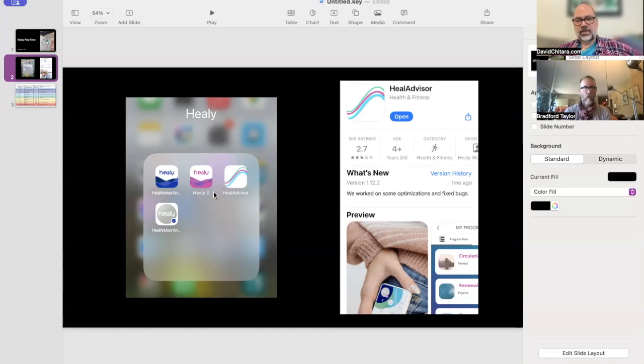So these are the Healy apps that I have. There are two blue apps. This one is the older version of the blue app, and this is the newer version. I think it's the Heal Advisor Analyze 2 is the name of this one. And then this is the older version with the blue dot down here instead of the whole thing being blue. And there are benefits to both. I like them both. The cool thing about the new blue app is that